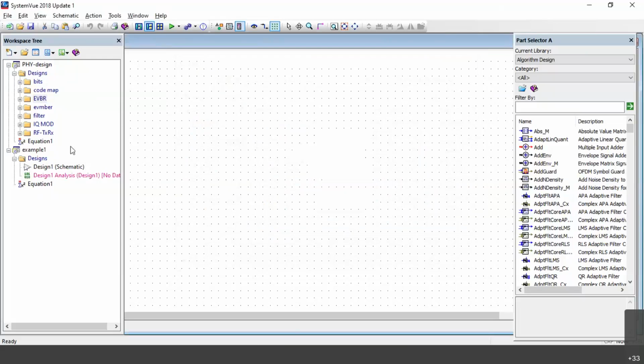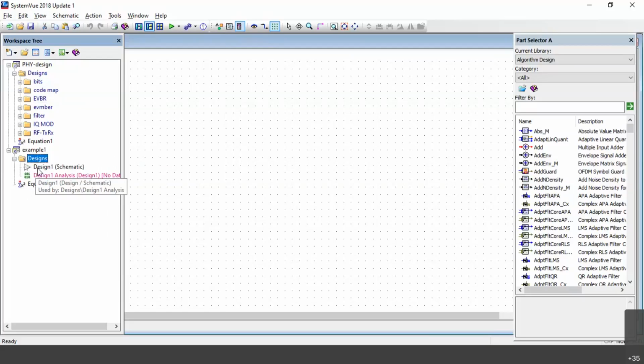When I save, the name changes. Okay, this is my new one. In this folder, I am going to design all the things for modulating the signal. For your purpose, I am doing it again. This is already done, I'm doing it again to show you people. Once you save this, under this example, you will get a design. You can rename this by right click, rename, whatever you want.